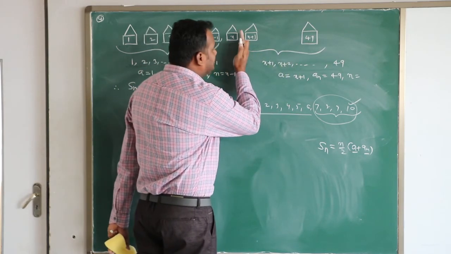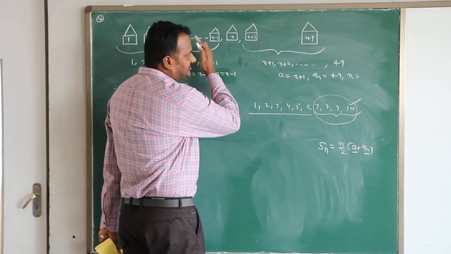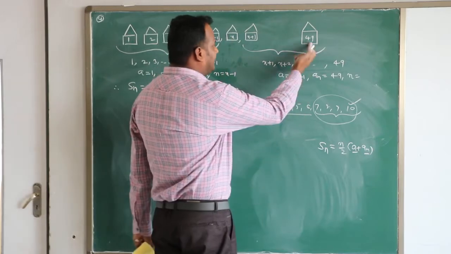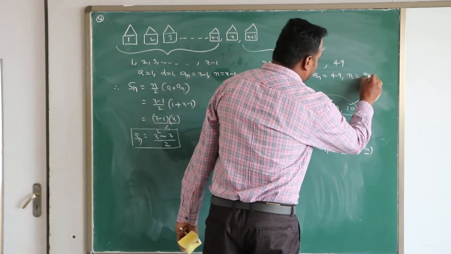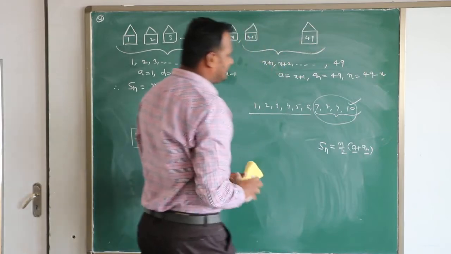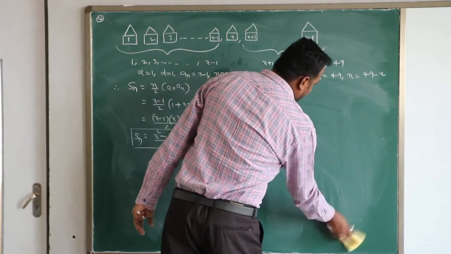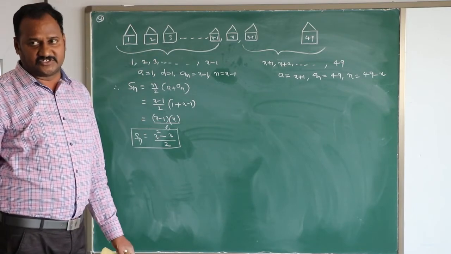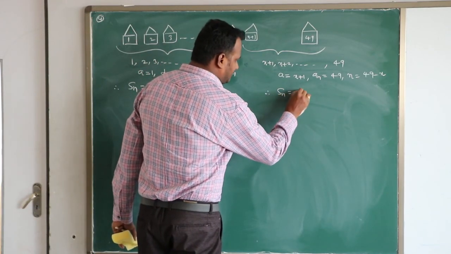So, how many terms am I missing? x terms I am missing. So, when I am missing x terms, how many terms are there in this arithmetic progression? 49 minus x. Am I clear? So, n is equal to 49 minus x. So, with the help of this a, an and n, again by using Sn is equal to n by 2 into a plus an, I can find the sum of the terms of this arithmetic progression. So, therefore, Sn is equal to, again